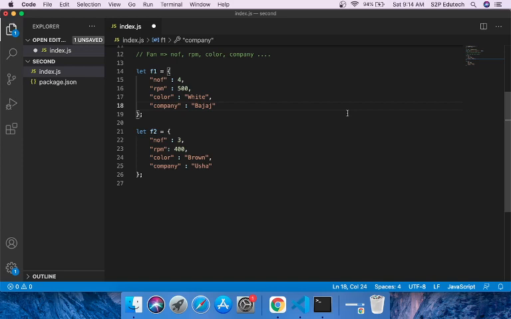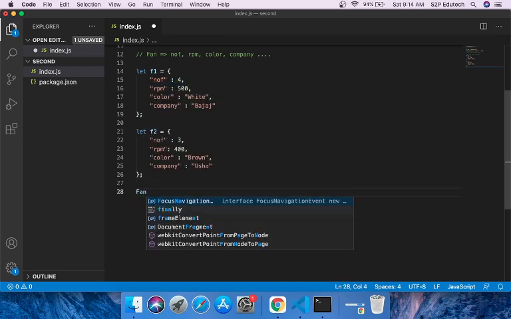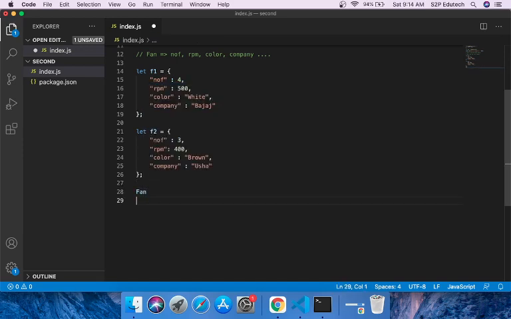Usha. Now, imagine it in this way, like it is a database table. Let's say there is a database table called fan, and this table has 4 columns. One is NOF, second column is RPM, third column is color, and fourth column is company.